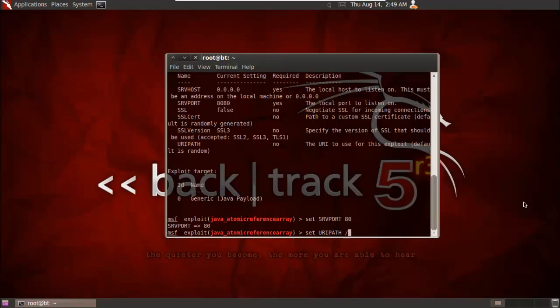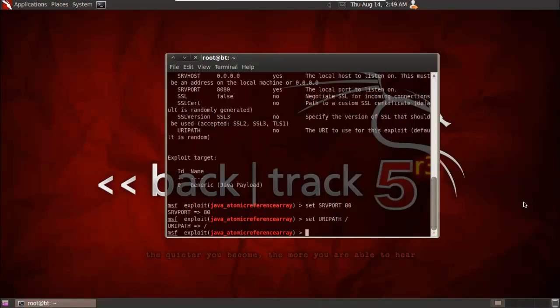Whenever you type the address of a website, you enter the slash after that or before that. So I'm just going to set the URI path there, and after that I have to set the local host or local port myself,